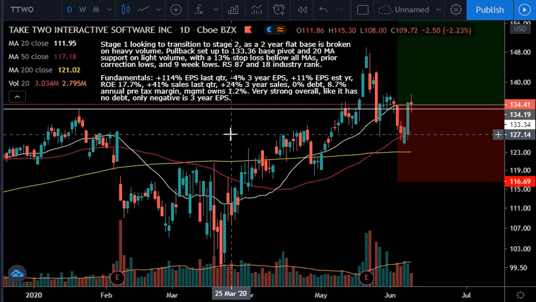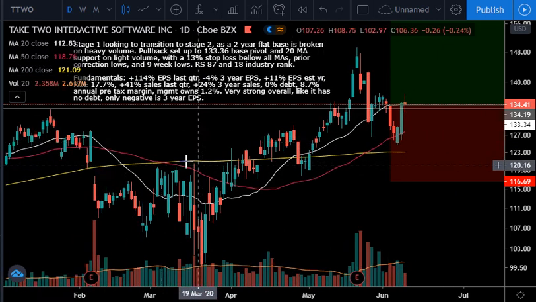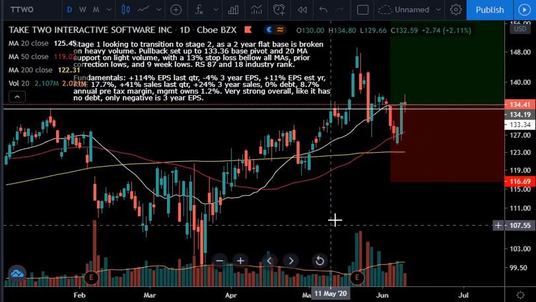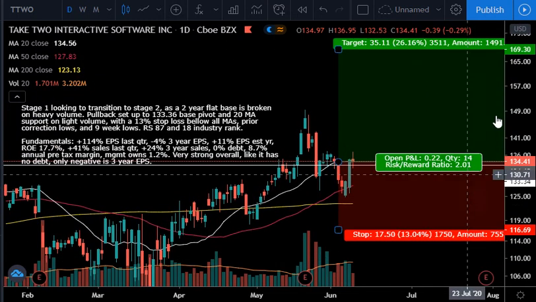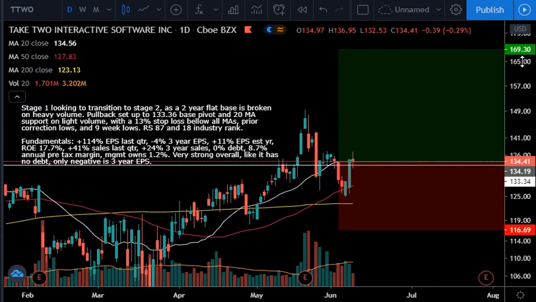A bad trade would be if I broke any of my rules taking this setup. So I'm looking at this in tradingview.com. The red gives the trader an idea where his stop loss is, which in my case is this 116.69 level. The gray area is your entry point, which in my case is also 134.19, and the green is